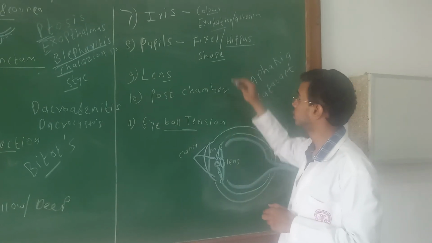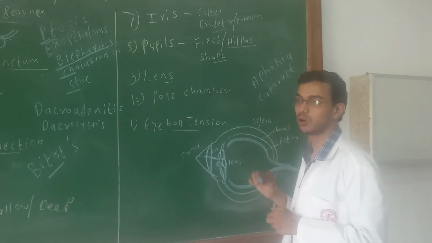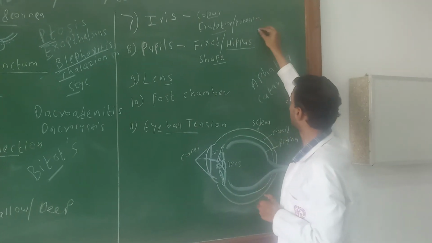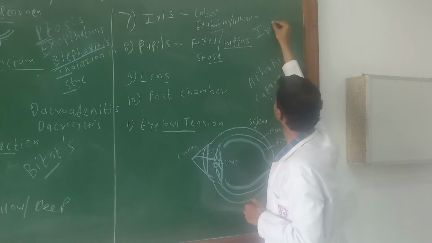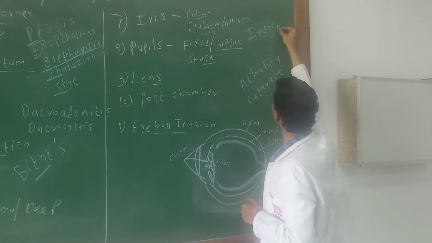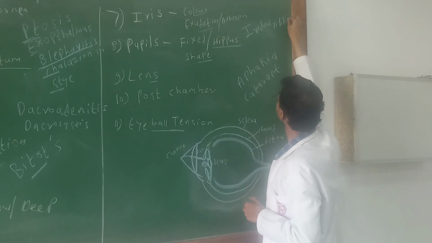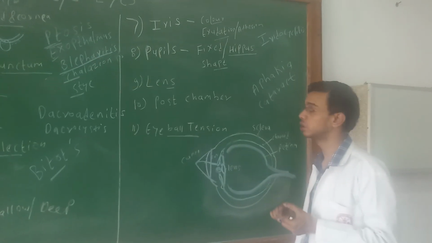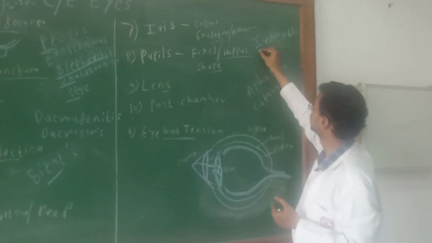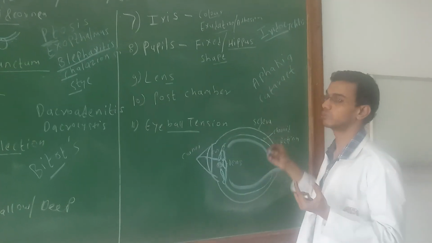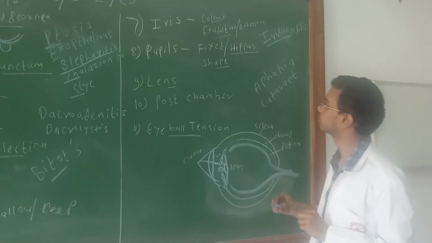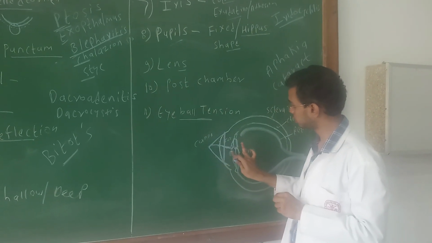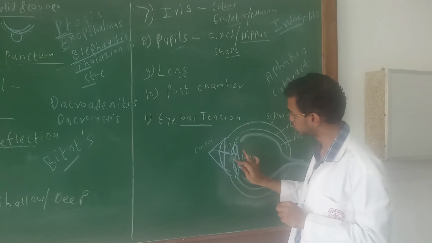Again, you have to see whether there is any abnormal exudation or adhesion or any hole in the iris. Any inflammation of the iris is called iridocyclitis. Okay, in case of iridocyclitis, the color of the iris becomes muddy white. Normally it is brown because of the presence of pigment. But in case of inflammation of the iris, that is iridocyclitis, the color of the iris becomes muddy white.